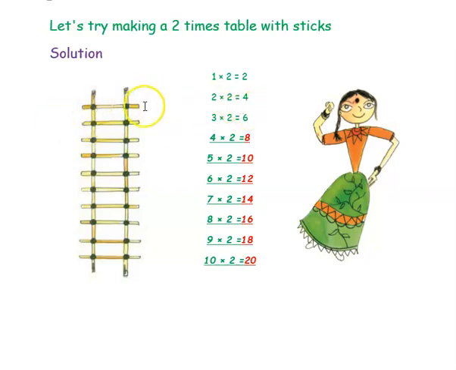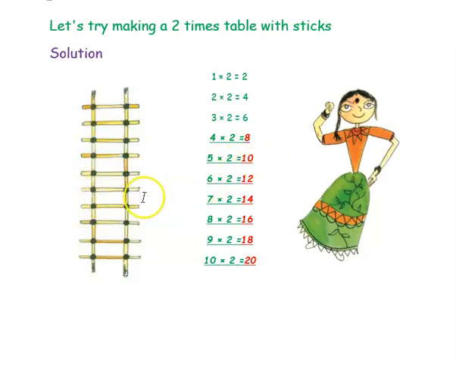If you count here 1, 2, 3, 4, we will not do it by counting actually. For our understanding, I am doing it by counting 1, 2, 3, 4. So our answer is 4. That's correct. Now if you keep the third stick, you have kept 3 sticks. So 3 into 2 will be 6. So it will be crossing at 6 points. Then if you keep the fourth stick, 4 into 2 will be 8. Then the fifth stick, 5 into 2 will be 10.